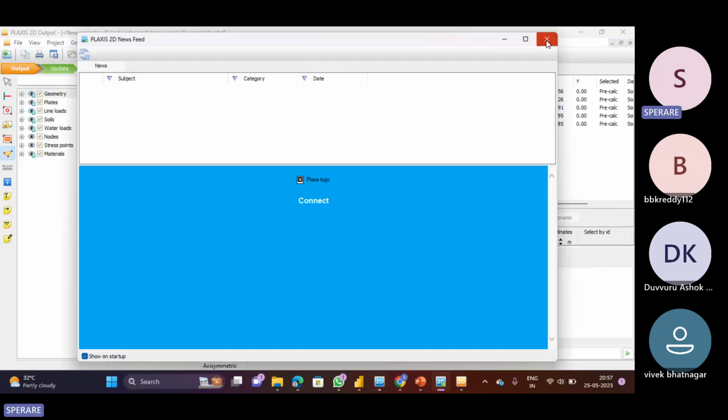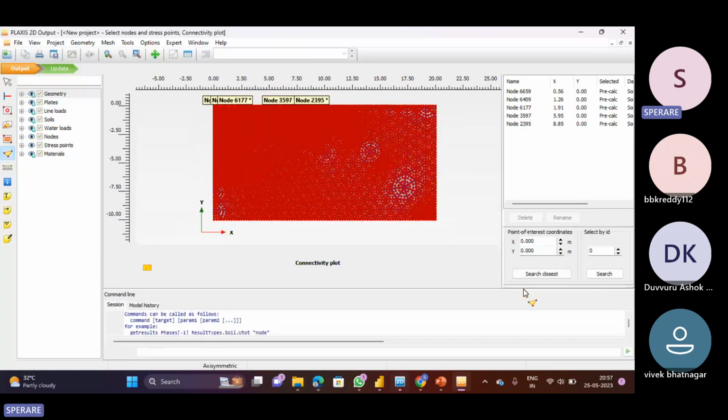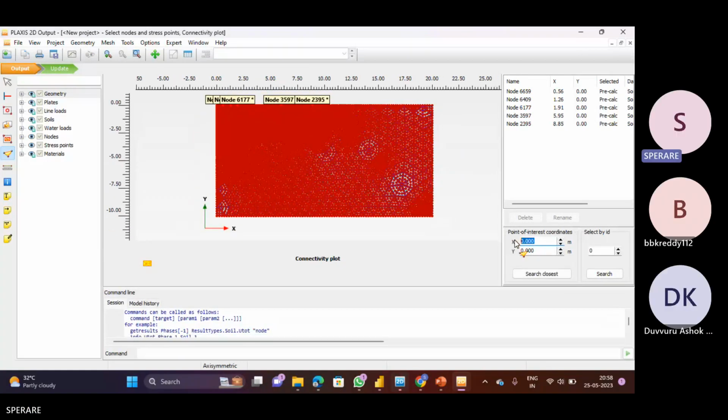Now here, in the X direction, I would like to go to around 0.65, and in the Y direction, around minus 0.5. It's depth wise. So when I search for the closest one actually,